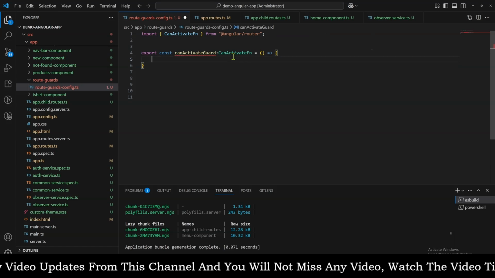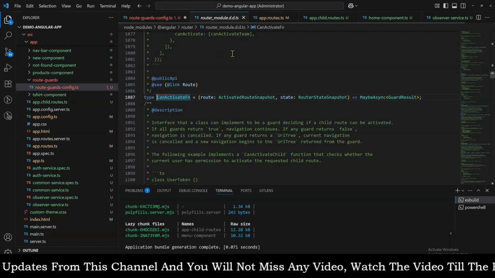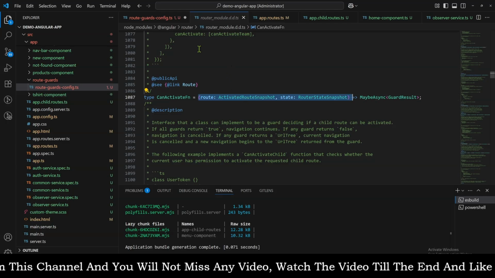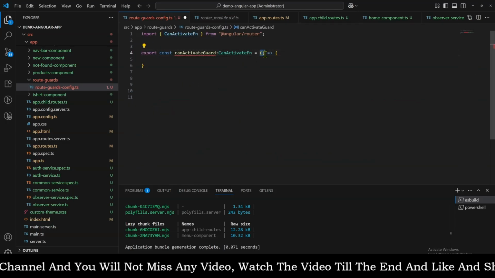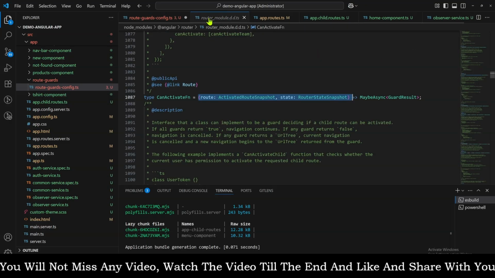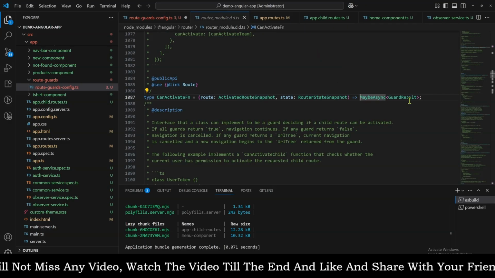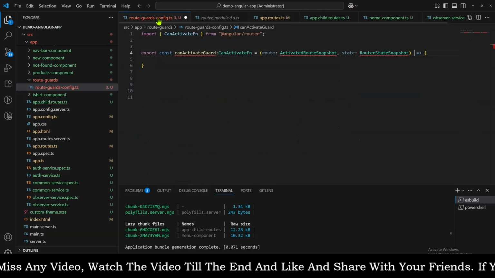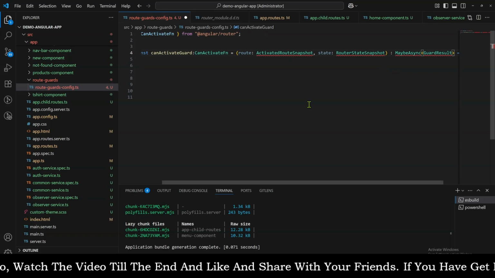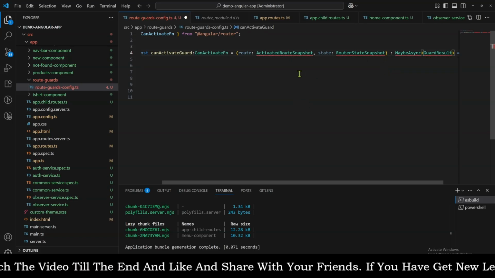So now for that we need to go to the CanActivate function guard over here. We just need to copy the entire signature: copy the parameters first, and then copy the return type signature as well. So we need to copy the return type signature from here, right? And after that,